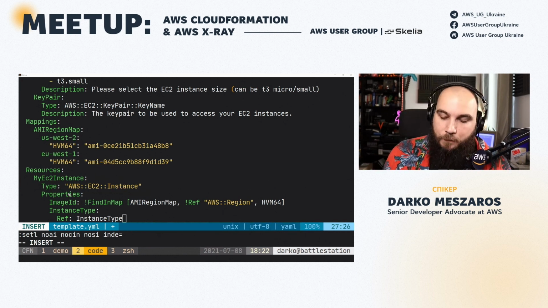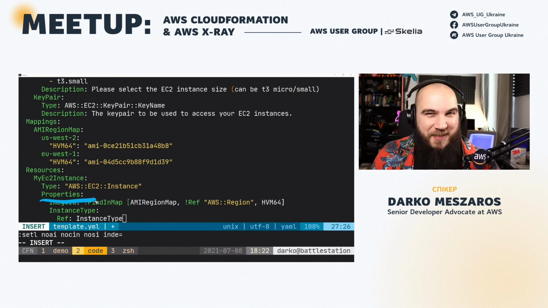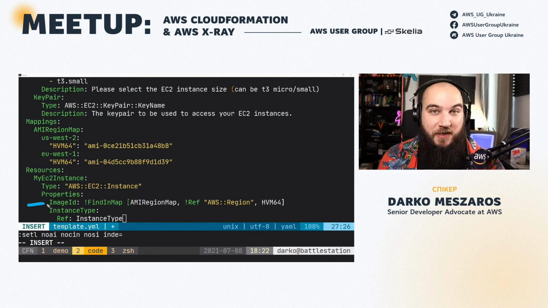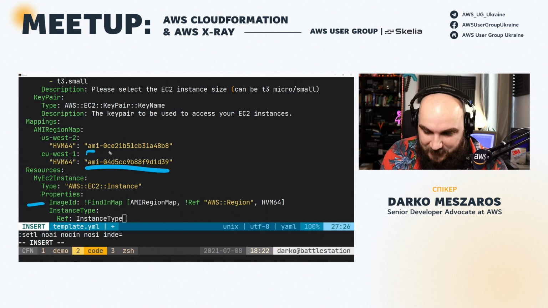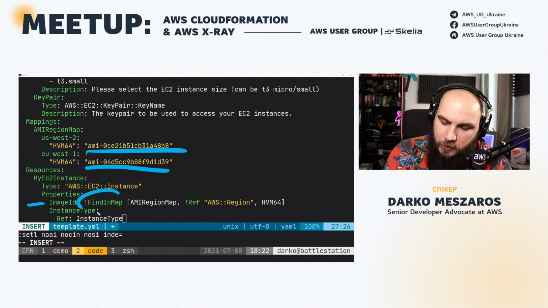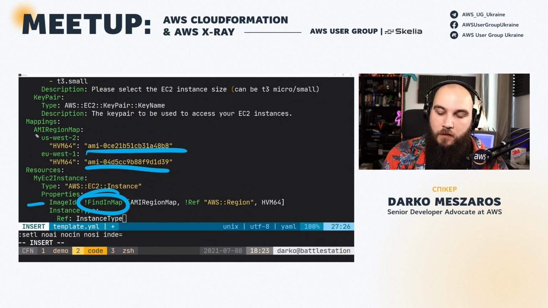Next, we go into properties. Properties are, well, properties. This is where you define the settings of the resources you're about to create. In our case, we have, for example, the image ID, right? This is the AMI, these things here. This is where we pick that up. How do we pick that up? Well, we use the function called FindInMap. This is an intrinsic function geared toward CloudFormation, where it uses this function to take stuff out of this map here, and then basically just says, hey, use this map,